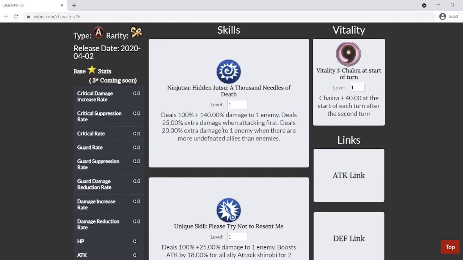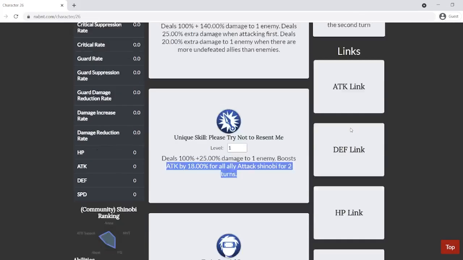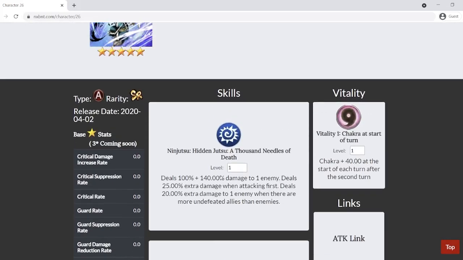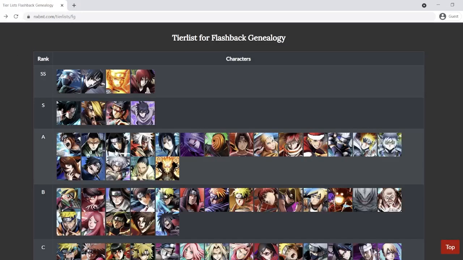Haku, you probably don't want to use. The vitality isn't too good, but you can put him in Force Cell, maybe try to use the skill 2 because of the pretty significant attack buff for 2 turns. He also lowers defense by a good amount for Tactical Shinobi permanently, so he is way better against Tactical Shinobi. That's usually when you want to use him. And he's not power creep, so his damage isn't going to be that good anymore compared to some of your